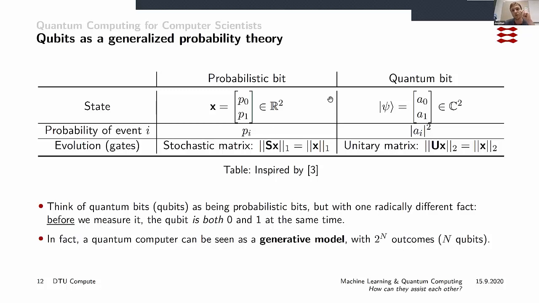If we assume that we have a quantum computer which can produce, so to speak, any state here, any combination of A0 and A1, then we can actually think of this as a generative model in itself, right? Because now we've created a probability distribution from which we can just look at the qubit, and now we can generate samples from that. So that's why some people have looked at the quantum computer itself as a generative model, as I described earlier.